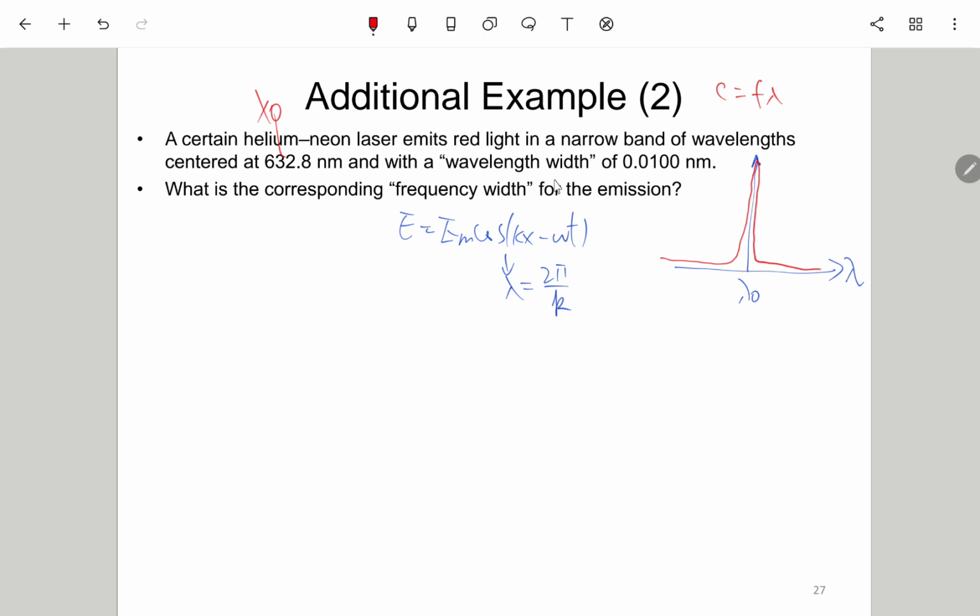wavelength width 是什么？它就是指这里我们比如说这里这个高度我们取一半，那这里的宽度我们就叫做 wavelength width。Okay, so it asks you what is the corresponding frequency width for the emission. 那所以刚才就说嘛，C 等于 F lambda，